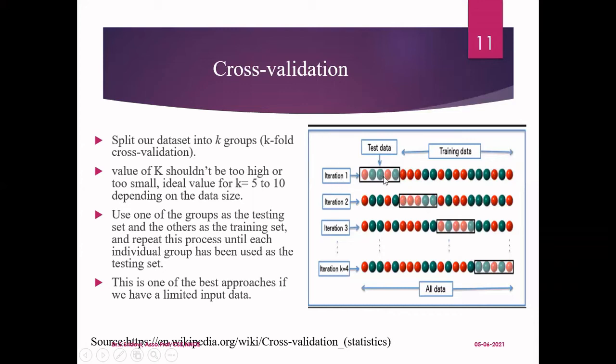So here I have divided my data set into 4 groups. It is 4-fold cross-validation I'm using. You can see here, this is group 1. In every group, I have totally 5 samples. This is group 2 with 5 samples, and this is group 3, 5 samples, and this is group 4, 5 samples. Totally, I have 20 samples in my training data. That is my initial data set.